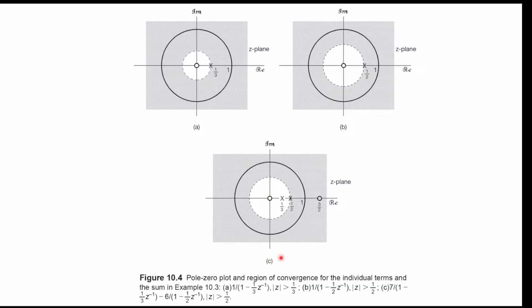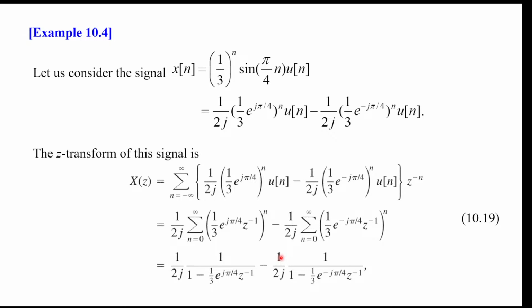Okay, and now we see a more complicated example. We have x of n being an exponential decay times some psi. So those are exponential functions times some psi. We have sine pi n over 4 here, and here we have an exponential, and here we have another exponential with a complex number. So here we have an exponential with a equal to e to the j pi over 4 divided by 3, and here we have an exponential of e to the